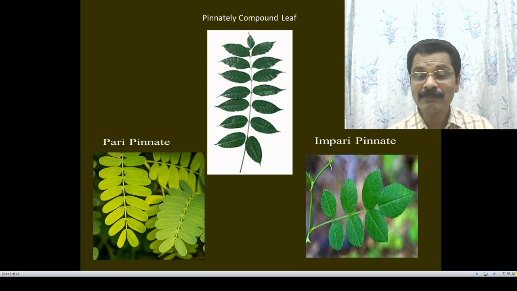Pinnately compound leaves are of different types. Simple pinnate, if the rachis is unbranched. If the leaflets are ending in pairs like tamarind, then it is called paripinnate. If the leaflets are ending in odd number, then it is called imparipinnate. Pinnately compound leaves are of different types: simple pinnate, then